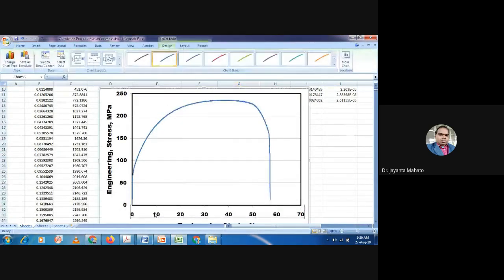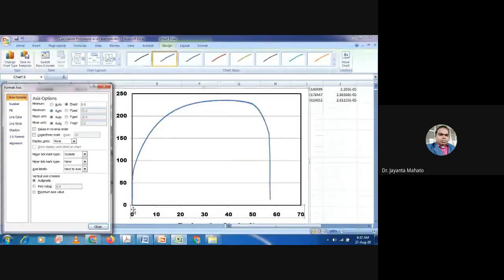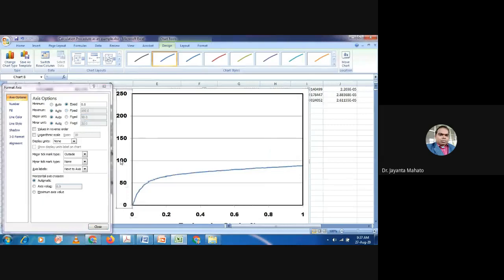So now I am just enlarging this region. I am taking the x-axis region from 0 to 1, and on the y-axis I will take from 0 to 100.